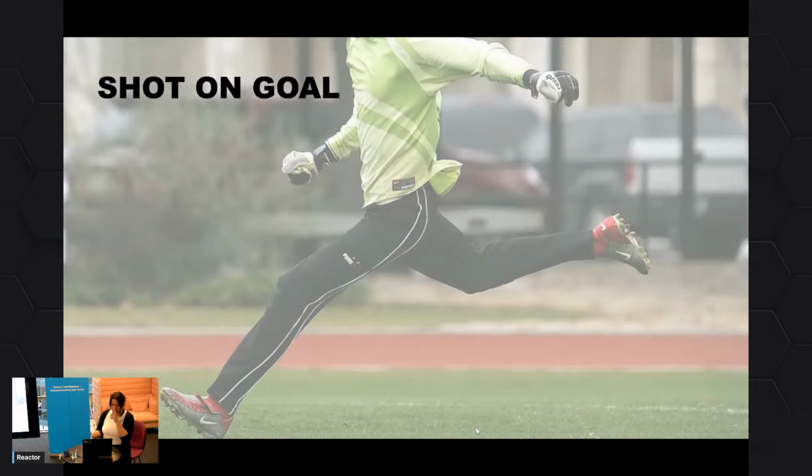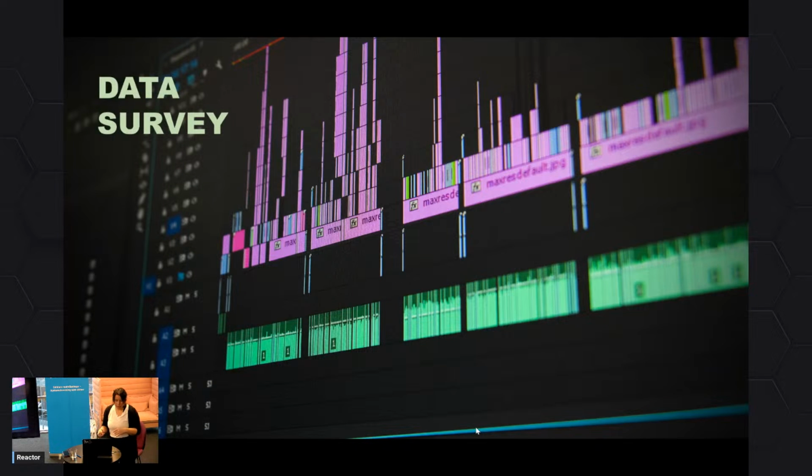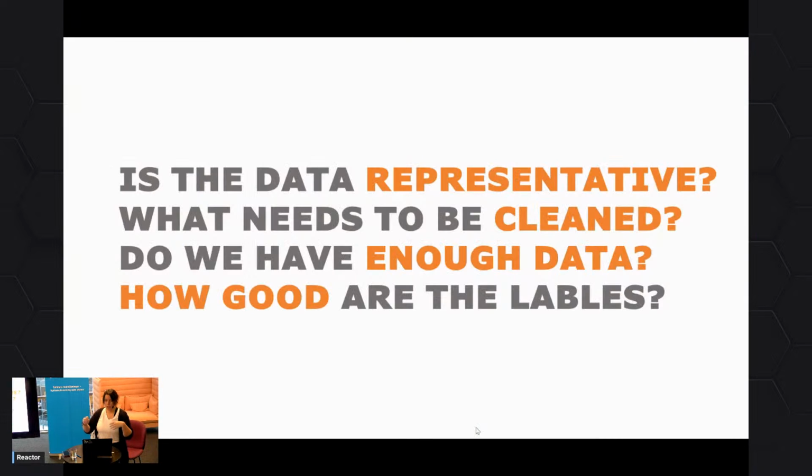And if we look at the specific task of figuring out when there is a shot on goal, the first thing you do in any kind of project like this is you do a data survey. So a data survey means that you take a look at all of the data. If you've heard the term exploratory data analysis, basically you look through the data and see how much you have, and how representative it is.